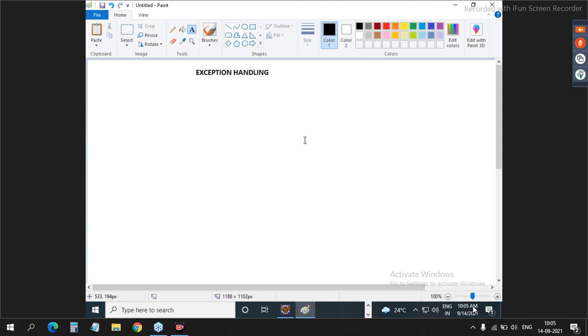Am I right? Same situation here. So now guys, why does JVM face this abnormal situation? Because there are some things which never get caught by the compiler, because the compiler will check syntax, will not check logic.